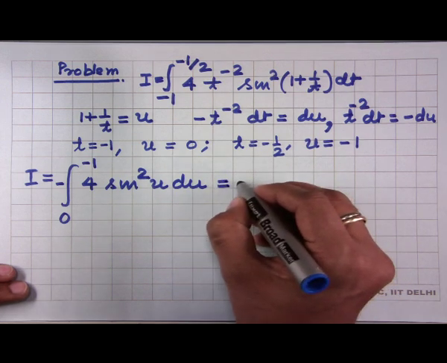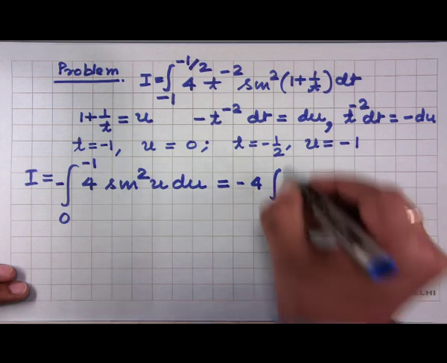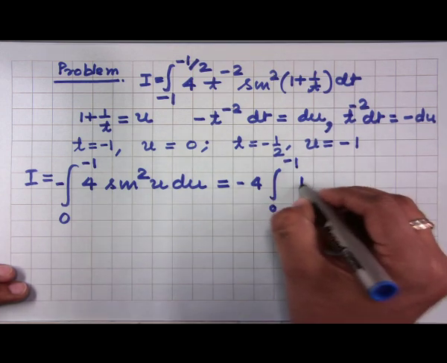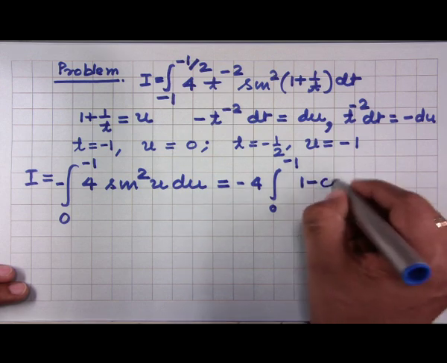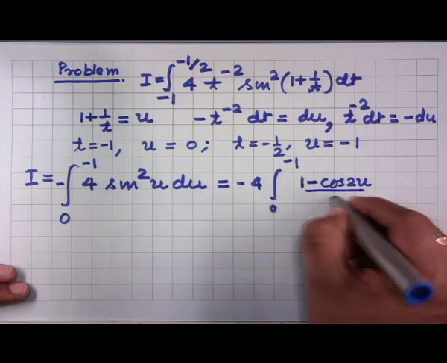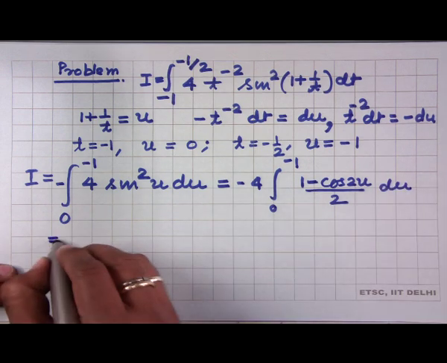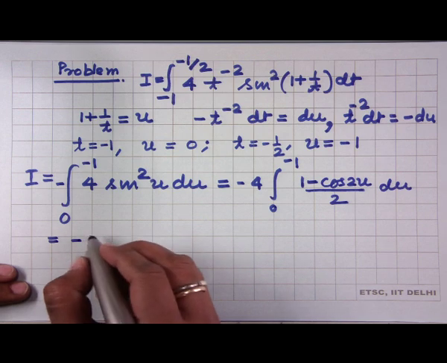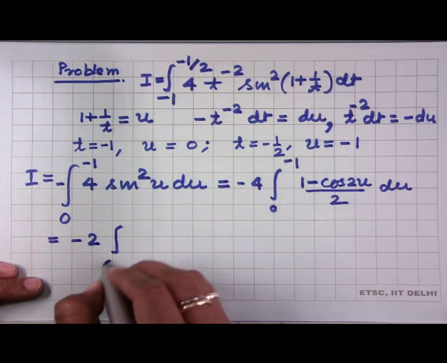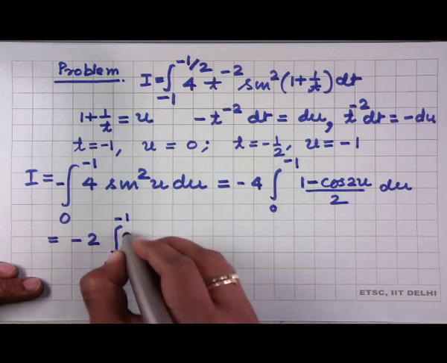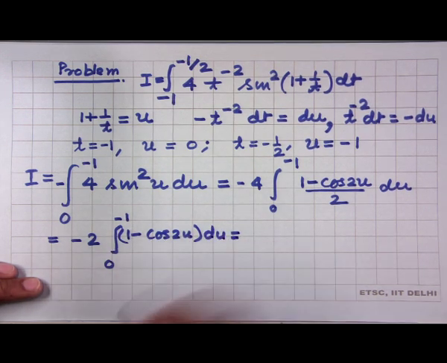Now it is not easy to find the antiderivative of sine square u directly, so we need to substitute it by a trigonometric identity, so we need to replace sine square u by this. So you get minus 2, 0 to minus 1, 1 minus cos 2u du, which is equal to